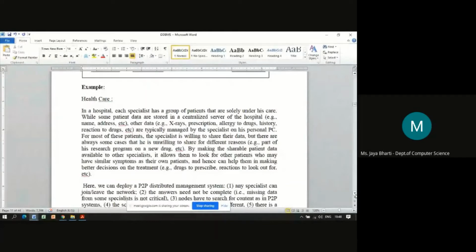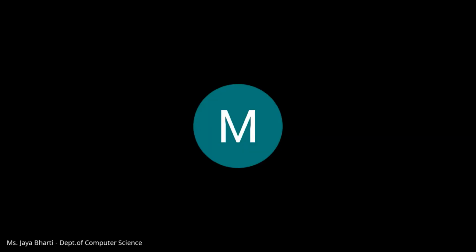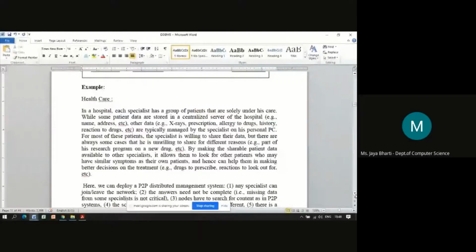Some patient data, for example the name and address of that particular patient, and other data such as X-rays, prescriptions, history, and reaction to drugs, are stored in a centralized server, and the other data, which is specific to the diagnosis or treatment, is on the specialist's personal PC.